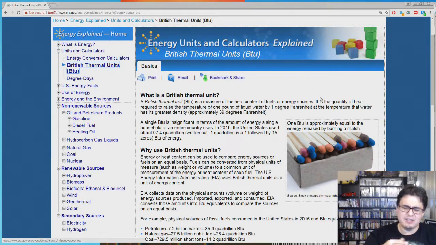That's why you always hear everything in millions of BTUs, thousands of BTUs. You never hear 0.1 BTUs, right? That's almost insignificant. Unfortunately, this is kind of what we're stuck with, so we got to keep on going with it, right? So that's why you say, yeah, a single BTU is insignificant in terms of amount of energy for every single household. So that's why you always get quadrillion, million, and all that stuff, right?